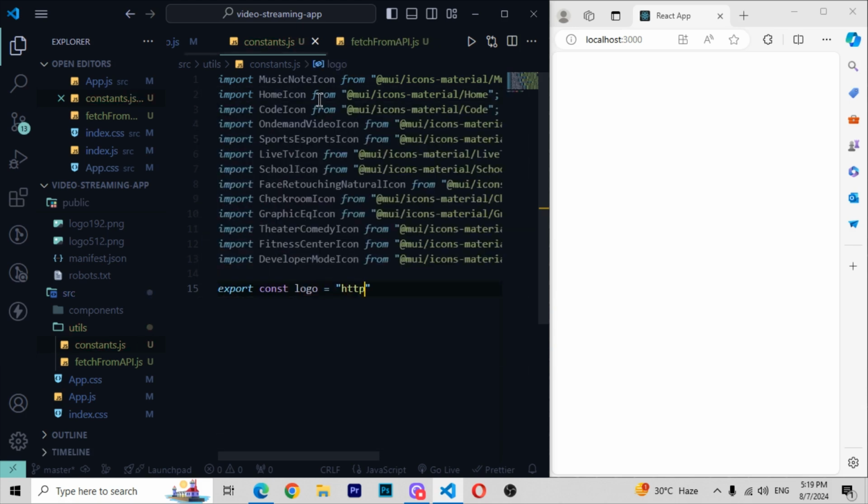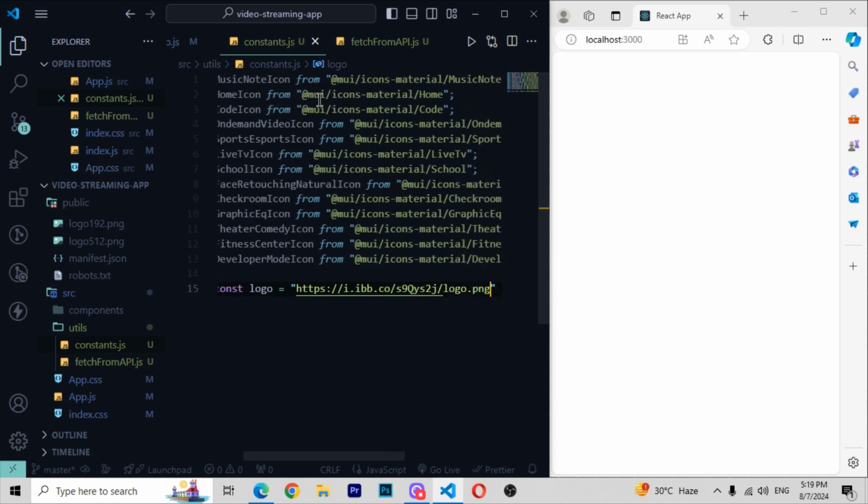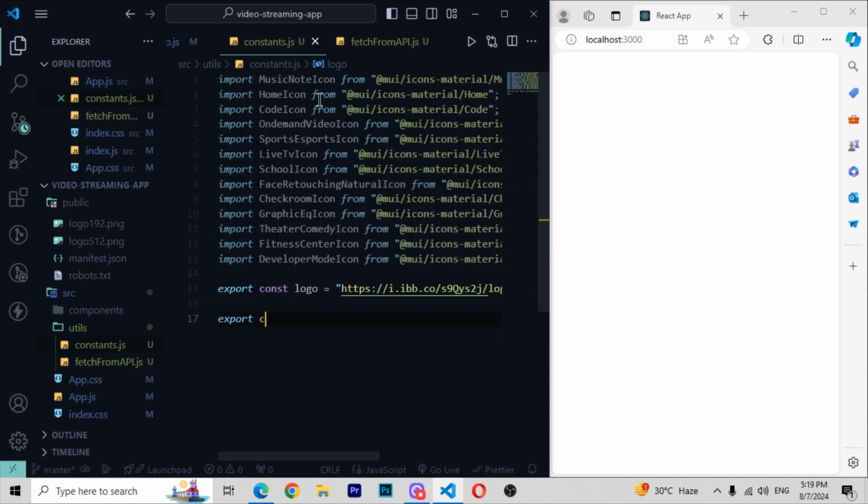export const logo equal to https://i.ibb.co, then here I will be writing s9qys2j, then right here slash and write logo.png, then you have to now write here export const,